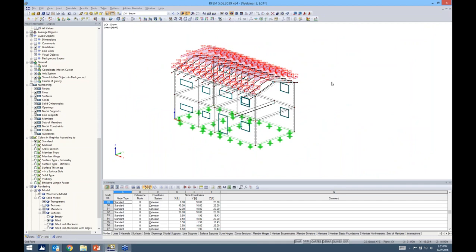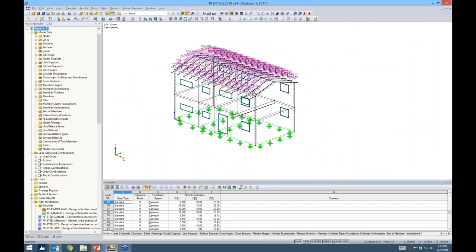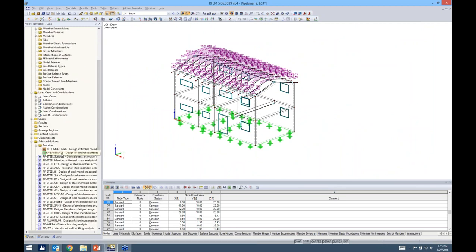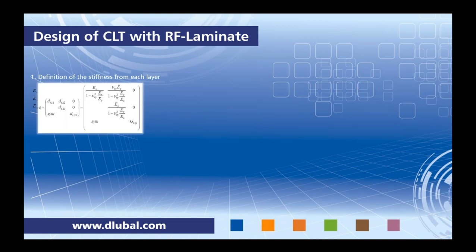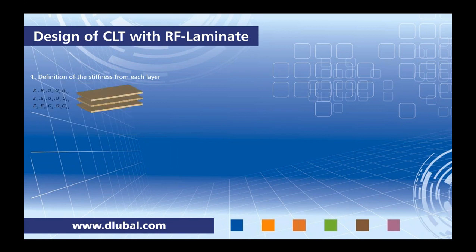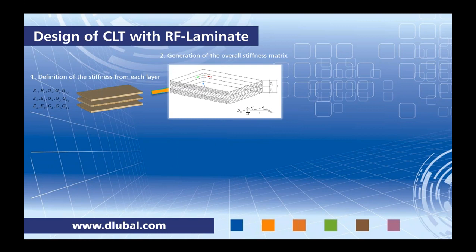Okay, so now that we have all that, we can actually jump into the laminate module. So RF-LAMINATE here. I want to go back to the PowerPoint to describe what we're doing in RF-LAMINATE. So in this module, we're actually going to define the different layers of the CLT panel. Now, each layer is going to have its own properties, such as our modulus of elasticity and shear modulus. And we'll go ahead and create a stiffness matrix for each layer. Now, also in the program, it will go ahead and take each layer and then create an overall stiffness matrix. For example, this is an example of the D11 entry in the stiffness matrix based on all of the different